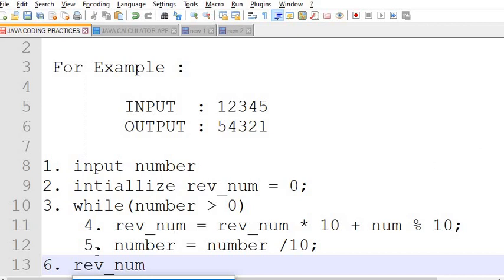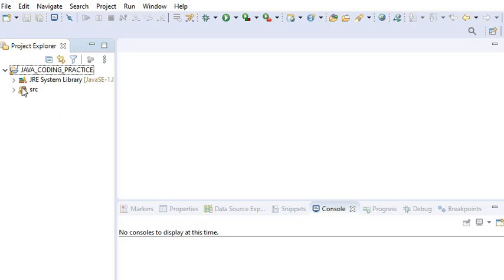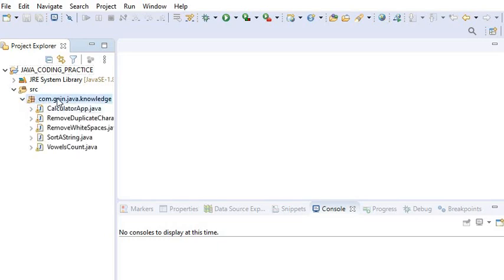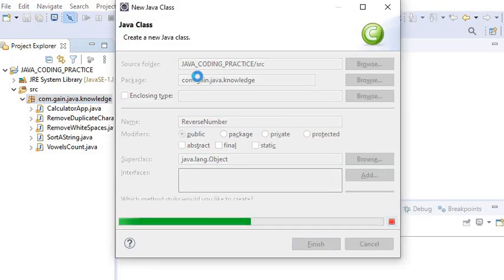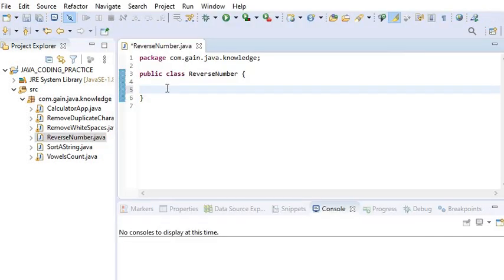Okay, let's begin the code. First in Eclipse I will create one class, that is ReverseNumber, and inside this class I will declare the main method.